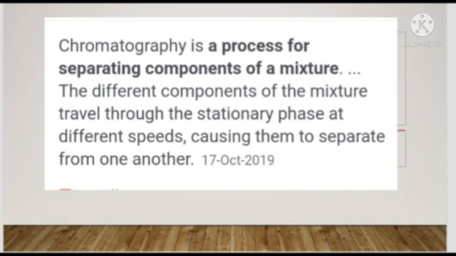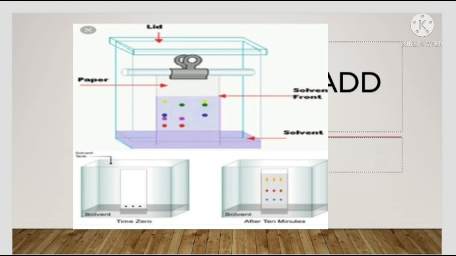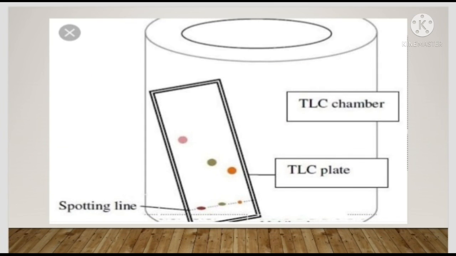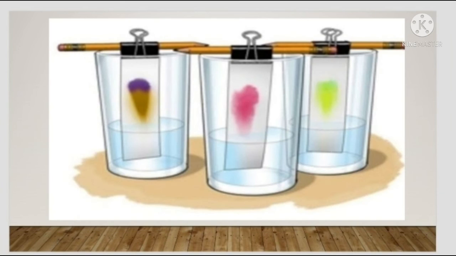Keep this paper upright with the upper part in the water in the beaker. Place lid on beaker. After some time, the spot of ink is seen to rise and collect at a particular height of the filter paper. If there are two or more constituents of different colors in the ink, they will be seen to have risen to different heights due to different color and thus appear distinct from each other. This experiment can be done using a chalk stick instead of filter paper.